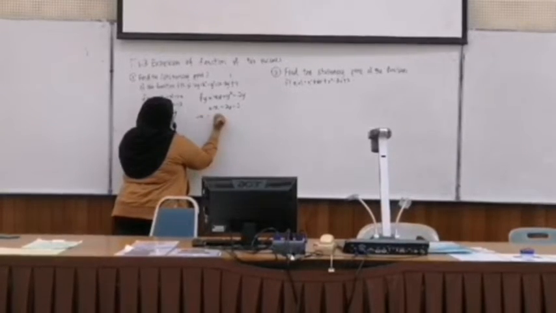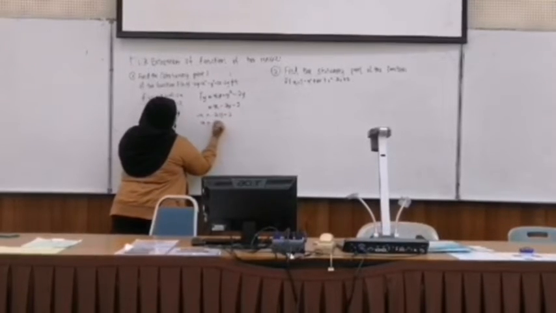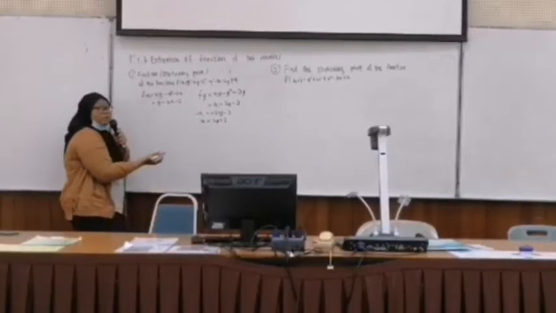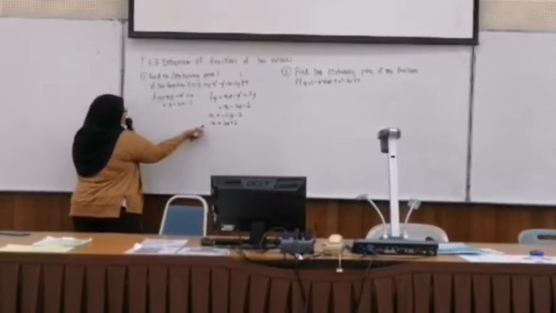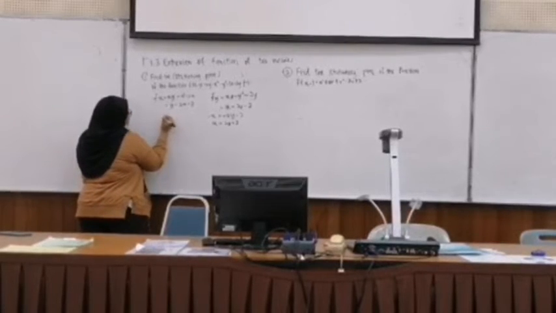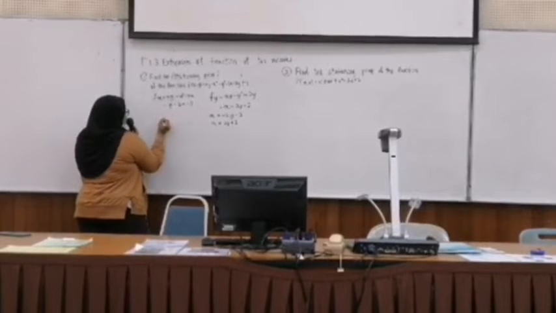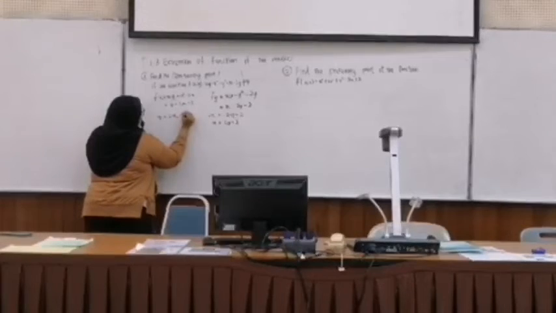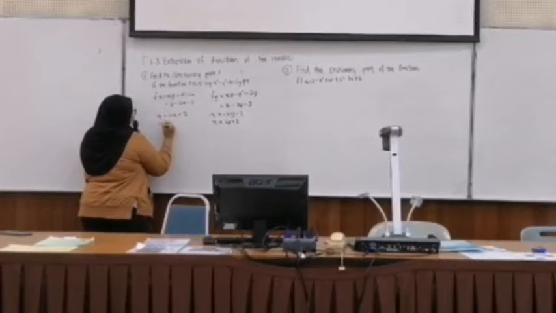We will get x equal to 2y plus 2, and we will insert it in this equation. So we will get y equal to 2x plus 2, and when we substitute x into this equation, we will get